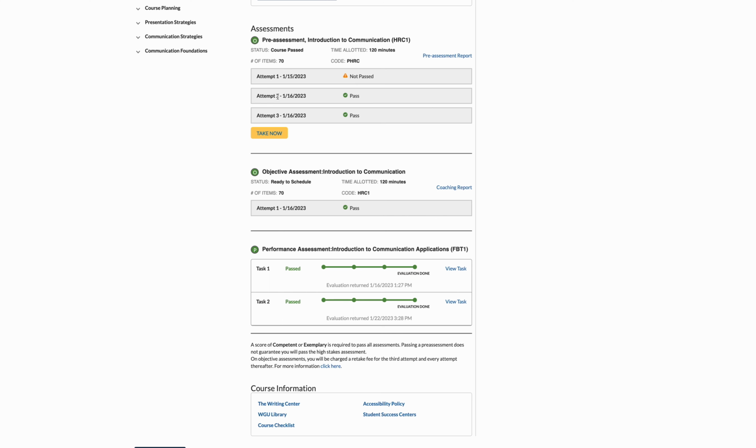My second attempt I passed, but I barely passed it. So I studied some more, and then I took my third attempt and I passed my pre-assessment really, really well. However, the one downside is that I think they give you the same questions each time, so it was hard for me to tell whether I was actually learning or just memorizing what the answers should be. I felt like I was learning, but I wasn't quite sure.